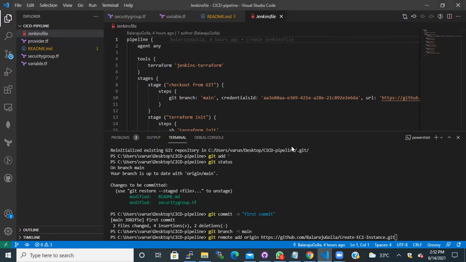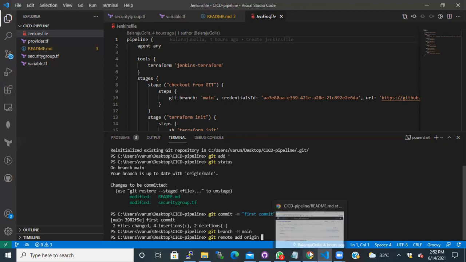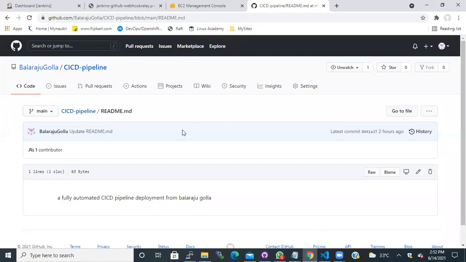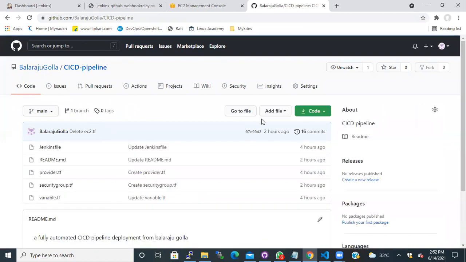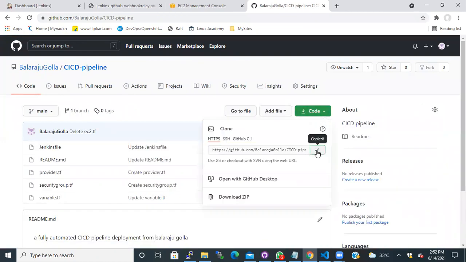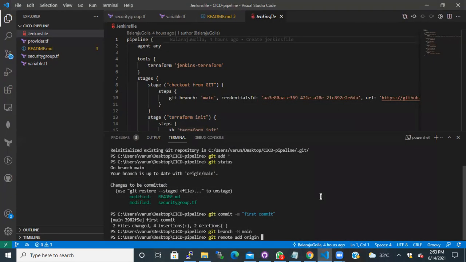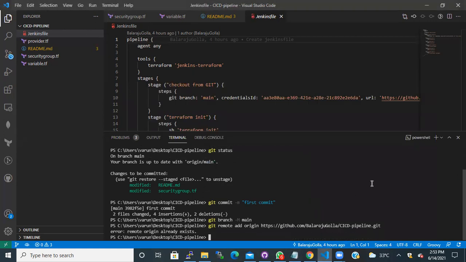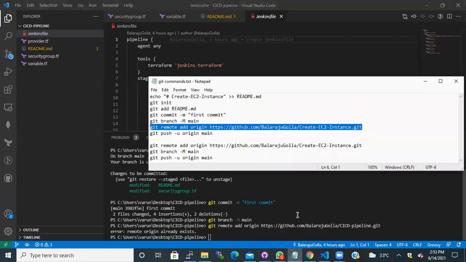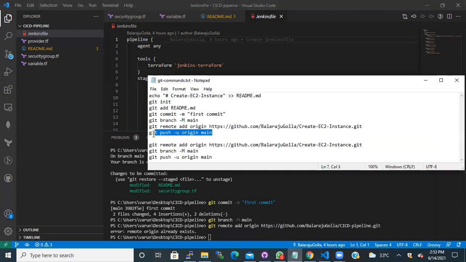Not this, I did it wrong. Git remote add origin, come to the Git URL and copy the code. This is my path, so I'll just press enter. Remote origin already exists. I told you it's not needed, but for your understanding I mentioned it.